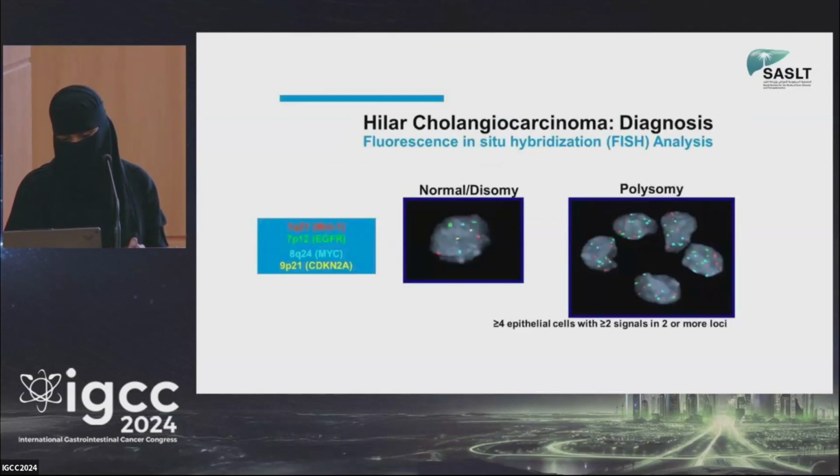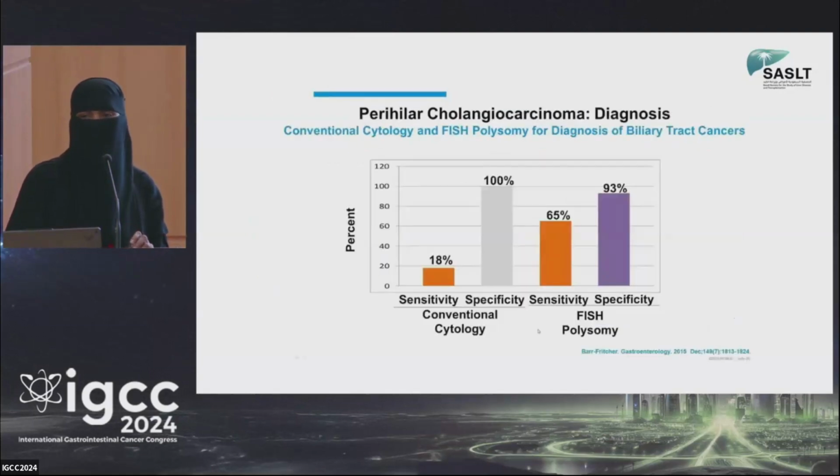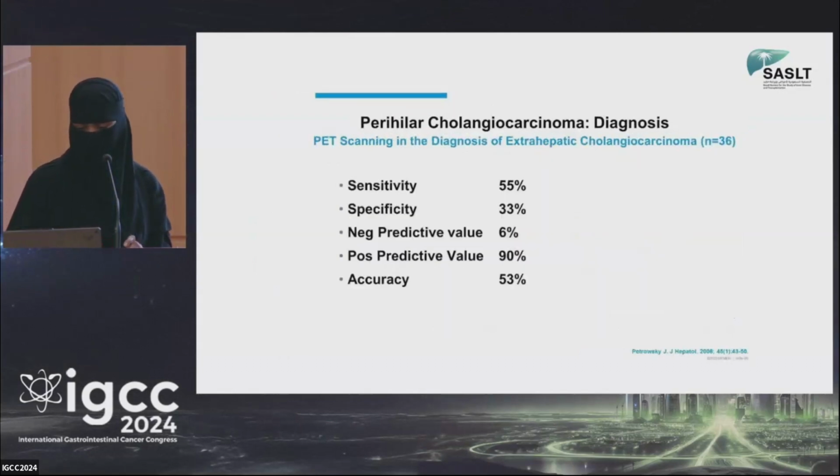With regard to the fluorescence in situ hybridization test, it's a tool that is much less sensitive compared to cytology, but it's a good tool if you don't have the expert pathologist because it has high specificity that's very close to the cytology. However, it's very sensitive. That means it might give a lot of false positive results. So,